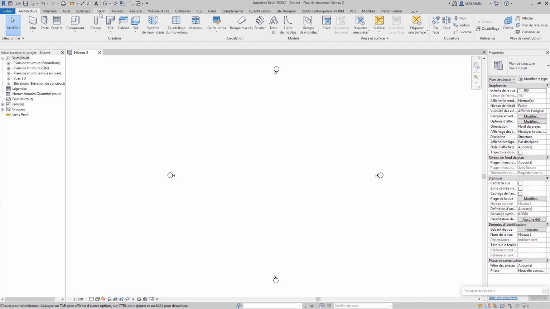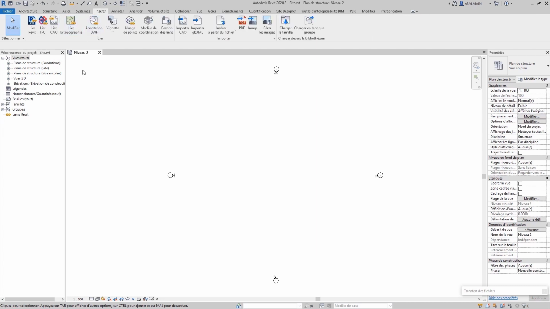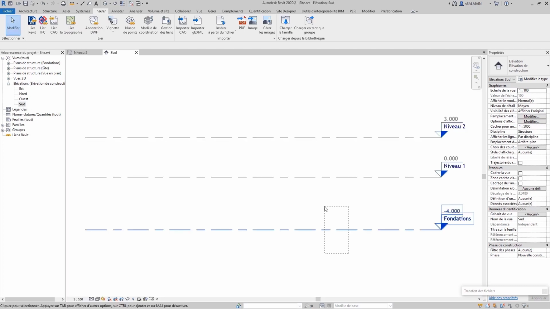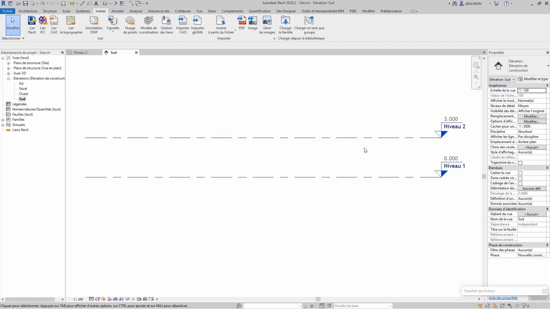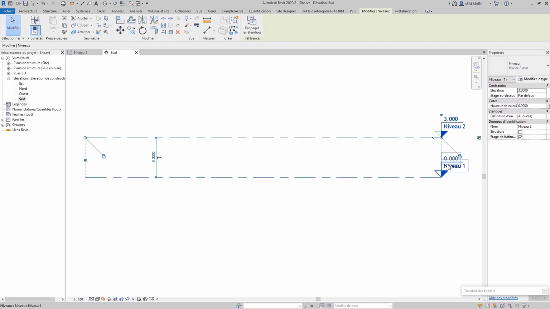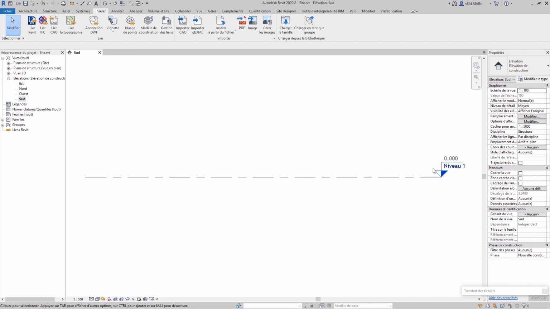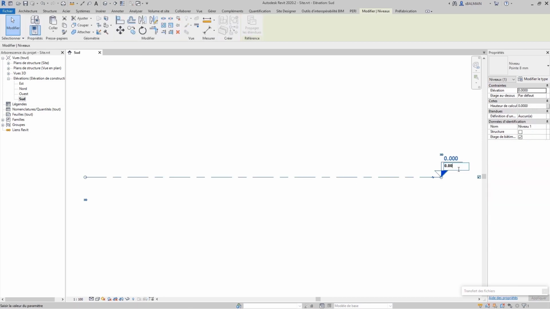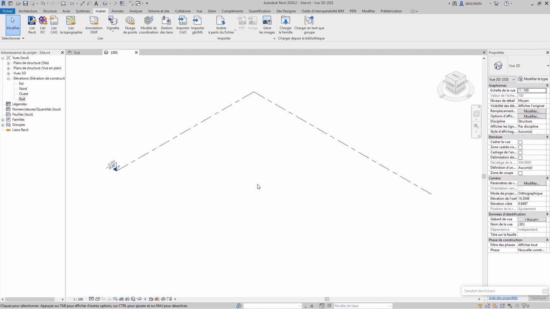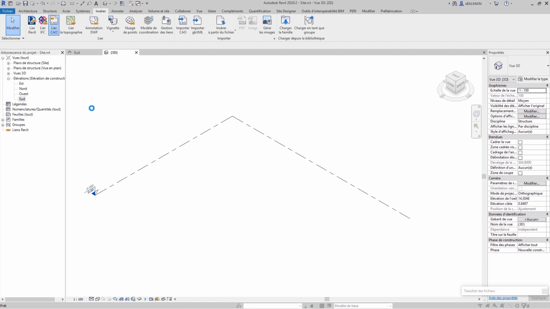To make it clearer, I will delete all my levels and keep only one, and I will name it 00. It means that when I import my DWG file according to this level, my DWG file will be at the correct Z elevation value.